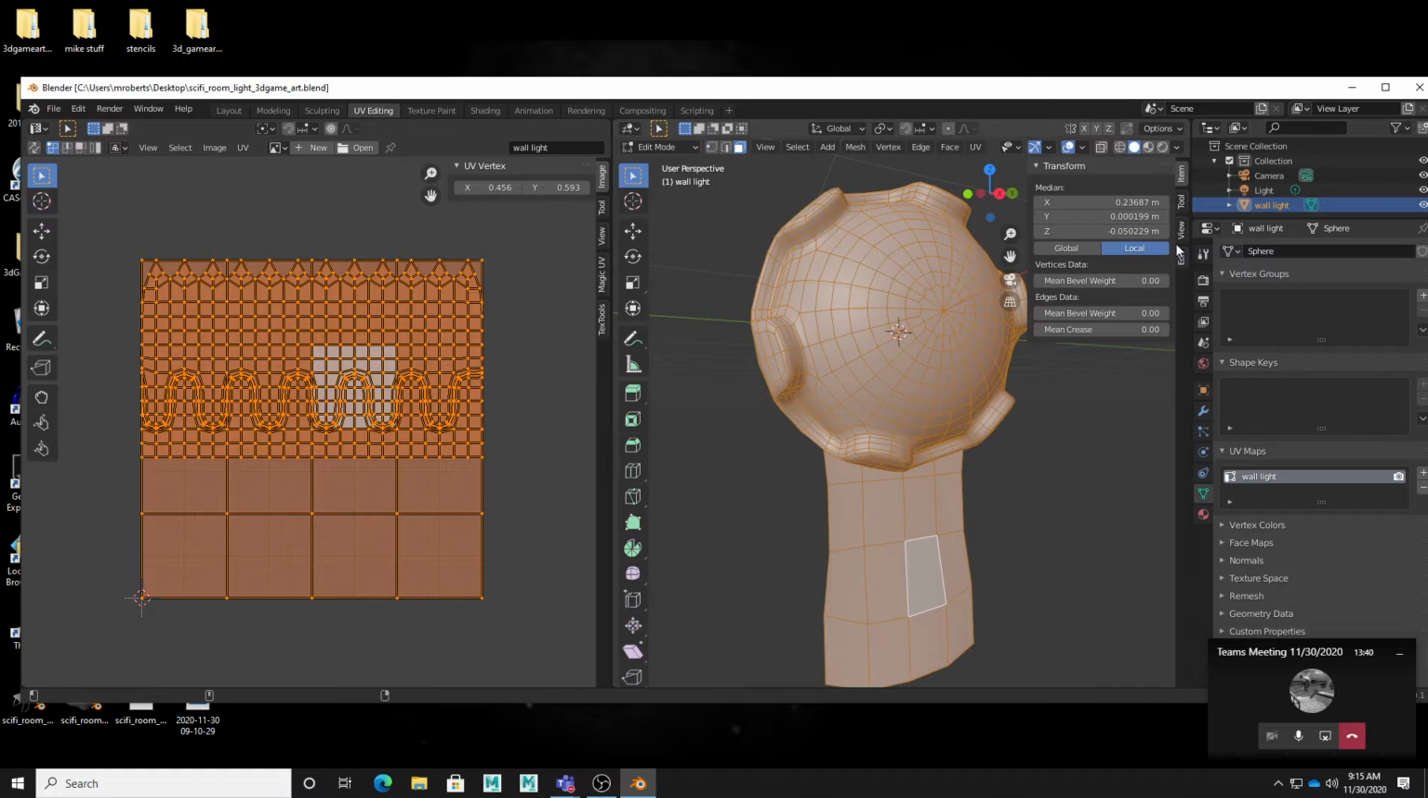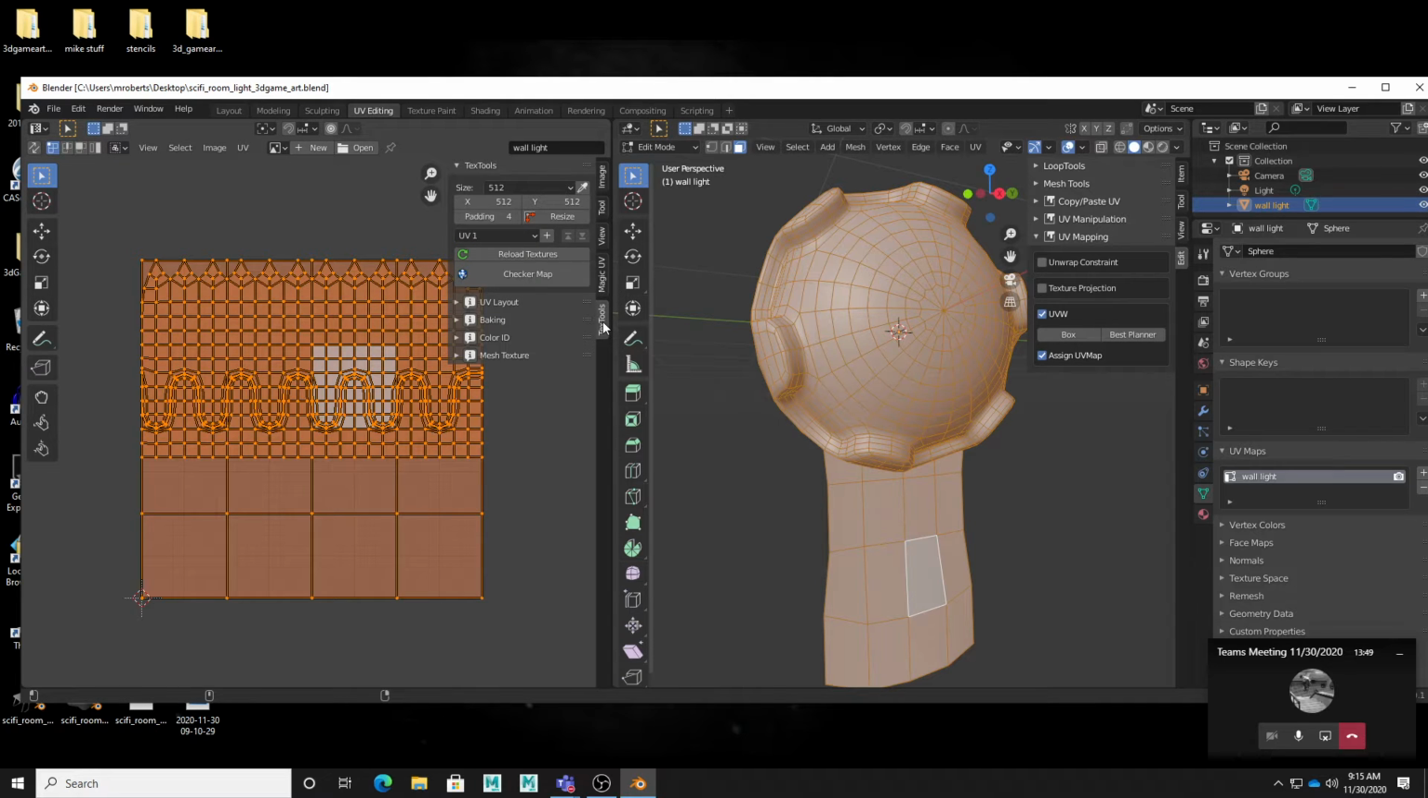We can open this up, and that's where we can go to Edit, UV Mapping, UVW, and that's where the box and best planers are at. But here we can go to Text Tools. Remember, that was that plugin, that add-on I had you guys download for free. You just go to Text Tools, Blender. It'll bring up a